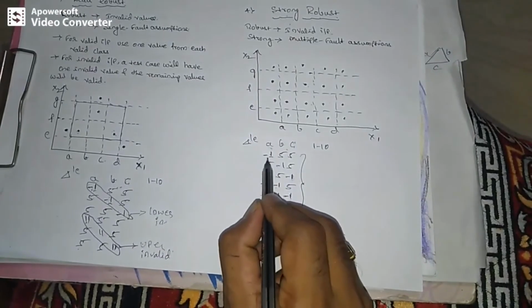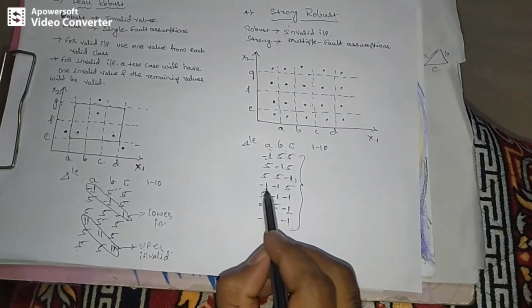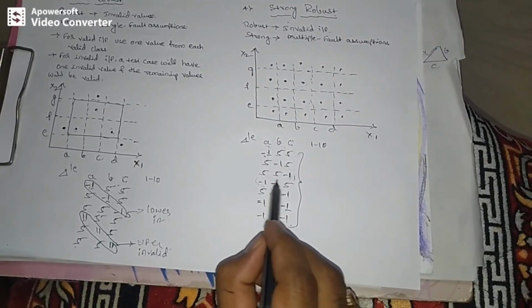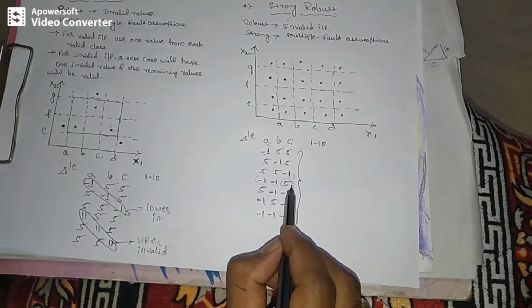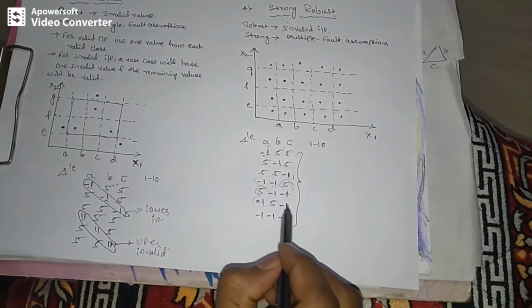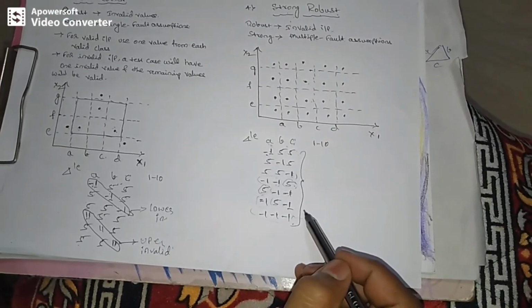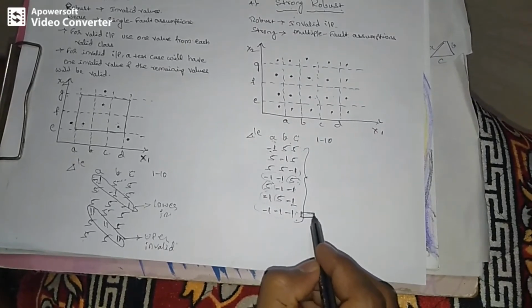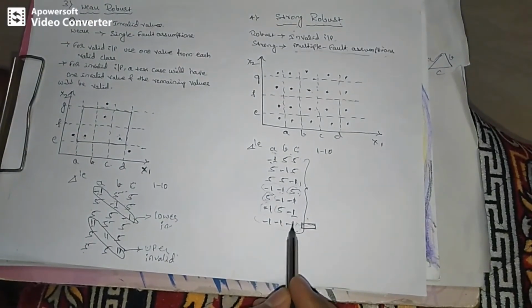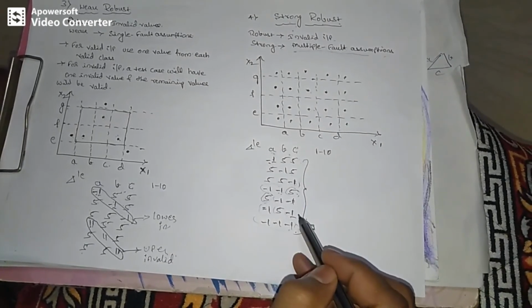Now we can see the single fault assumption is followed by multiple fault assumption. Multiple fault assumption here means A and B are invalid and one input variable is valid. Here this is a valid input variable, these two are invalid input variables. Next time these two are invalid, and this becomes valid. The last test case is all invalid input variables. Either you can test this one or else it is purely left to you whether you want to include it. Because it is a multiple fault assumption, there might be a possibility of all the inputs being invalid. Now I have written test cases for the lower corner.